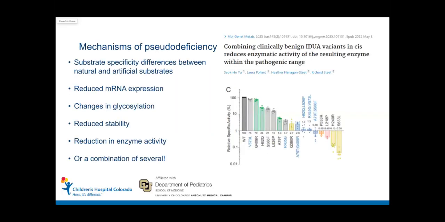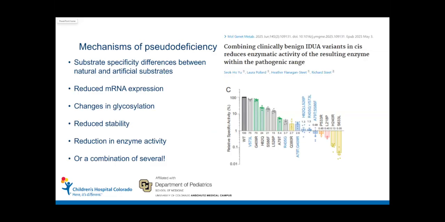One of the other things I want to talk about again is this mechanism of pseudodeficiency. There's some early literature to suggest that this was sort of a lab problem and that it's not really a biologic phenomenon. And I'd like to put out there that I think we've got a whole bunch of these alleles, and that may be part of it.